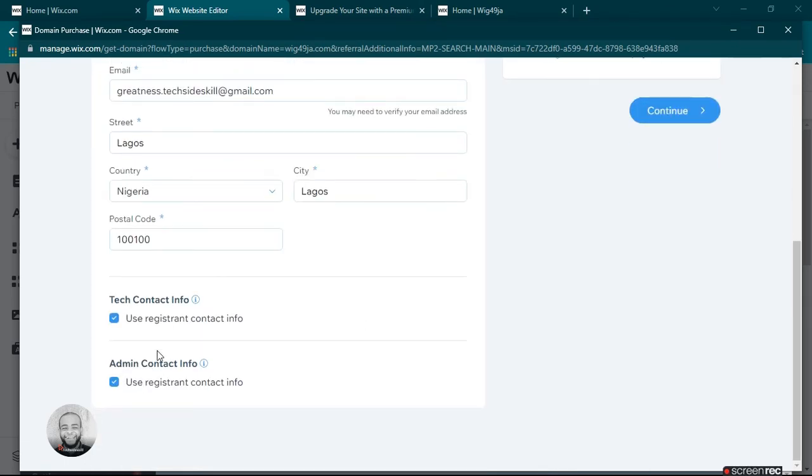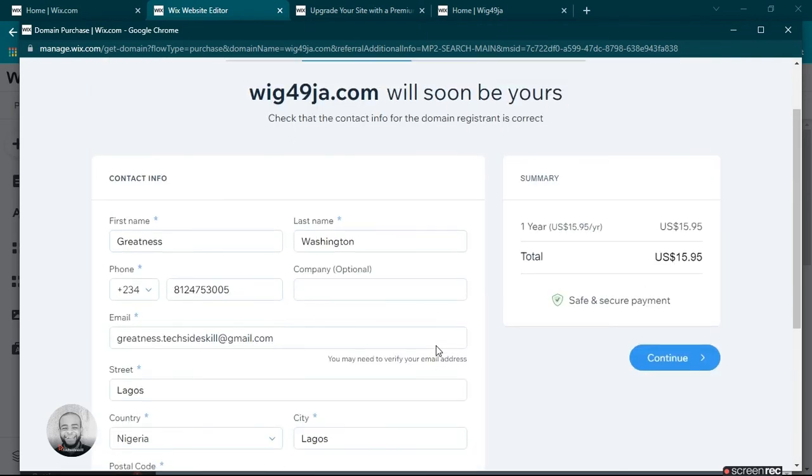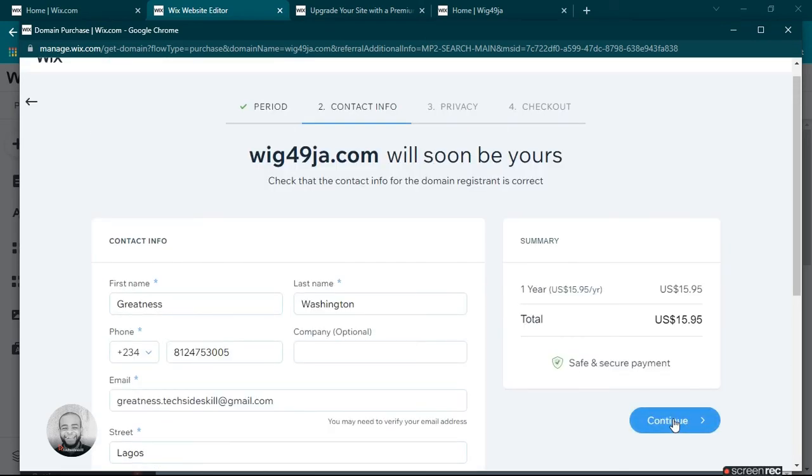It will use your personal information to fill in the tech contact information and the admin contact information. So ensure they are checked, and then once done, you click on the continue button at the right corner of your screen.